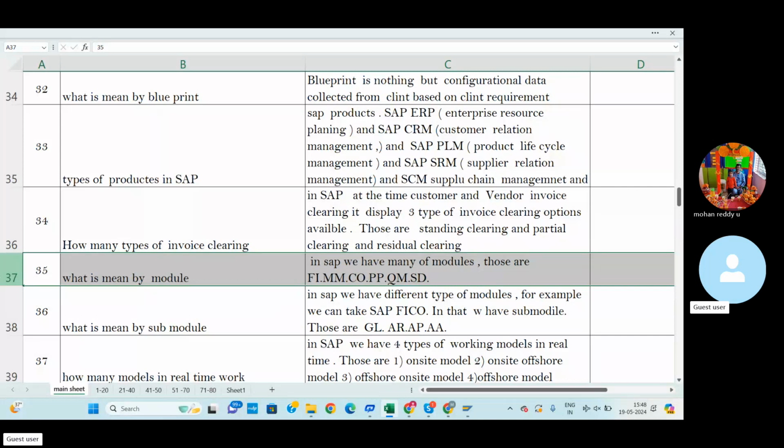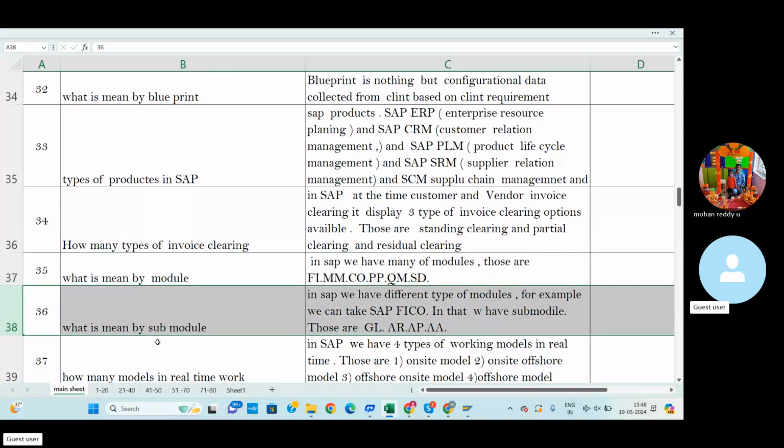So there are different types of modules available in SAP. A module is the area of the SAP domain in which you worked. SAP is one domain, and under this domain there are different types of modules.